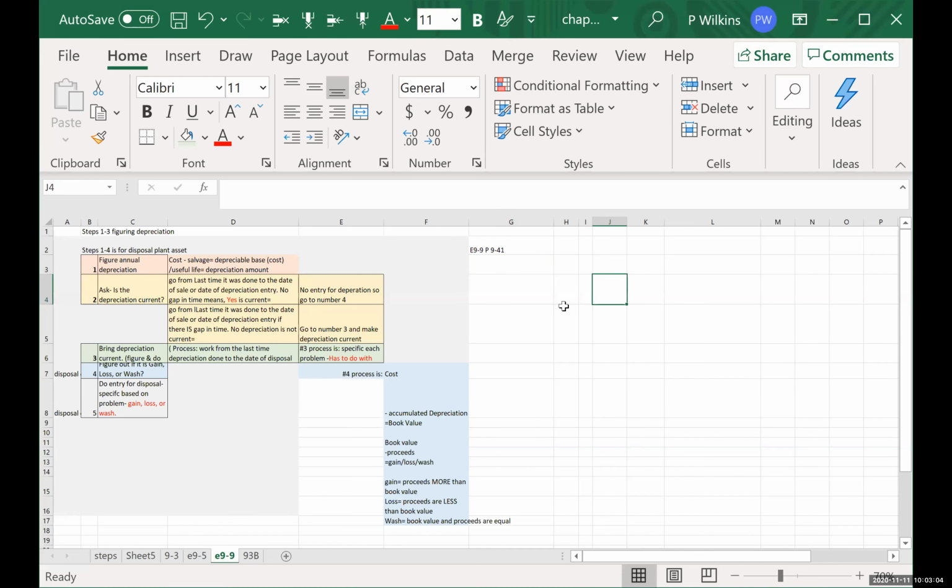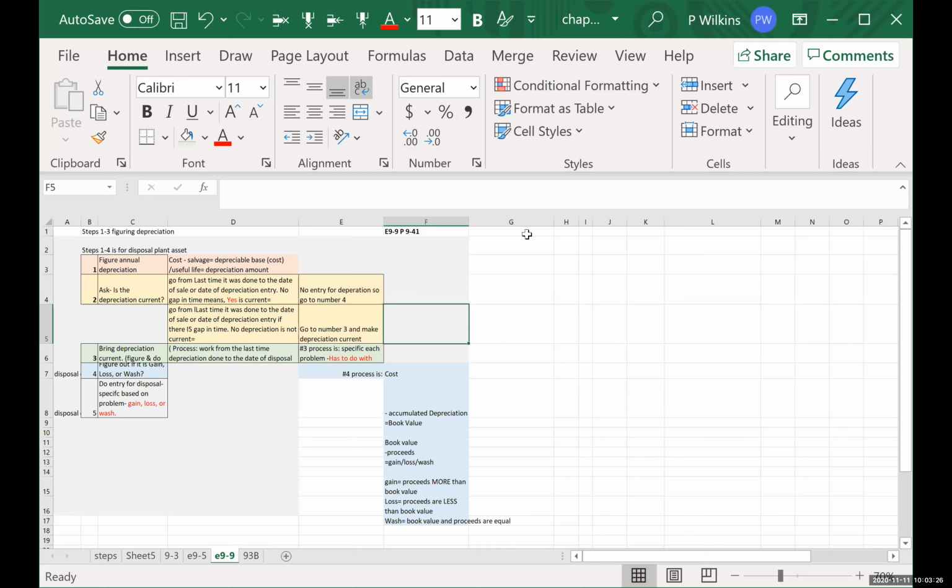Okay, so we are going to do exercise 9.9 on page 941 in the book. And this on the screen right here is showing you kind of the process we go through to figure things out. Part of the process, I should say. All right, so problem 9.9 says,